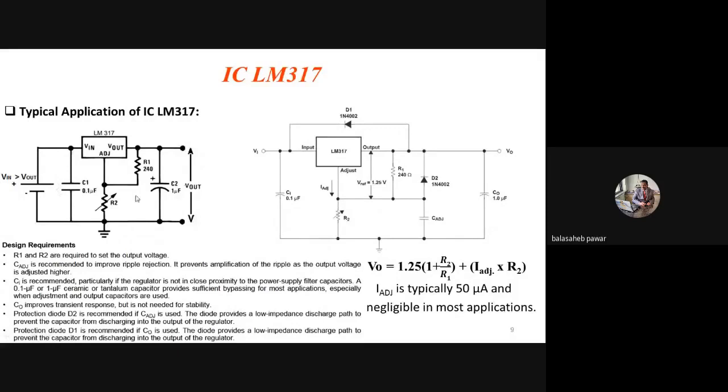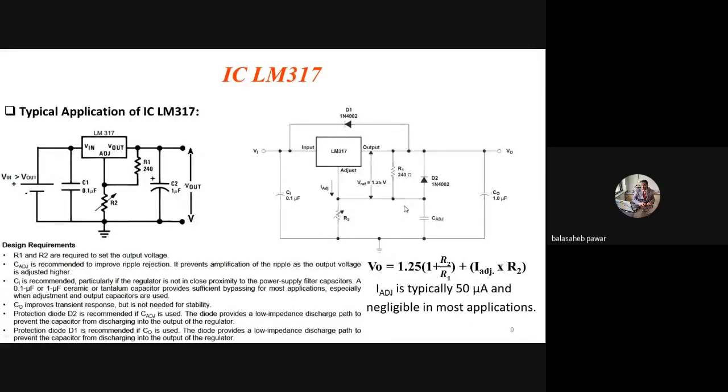Right? Similarly, at the load side, if there is a fluctuation in load current, this capacitor C2 will improve the transients generated by the fluctuated load current. Right? Now again, somewhat the same connection is shown in this second diagram, but you can prefer this first one. If the question is asked, draw and explain the typical application of LM317 as an adjustable voltage regulator, then you can use this first one, or even this second also, right? But unnecessarily a few components get added, and you may get confused.